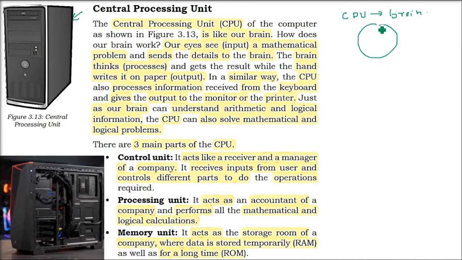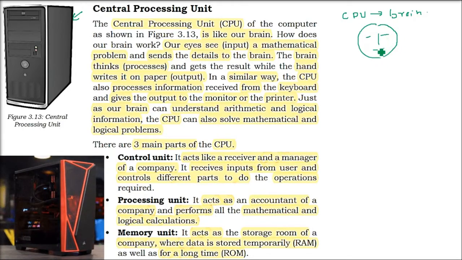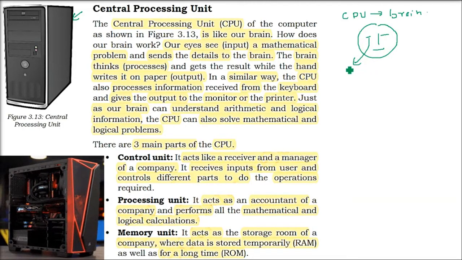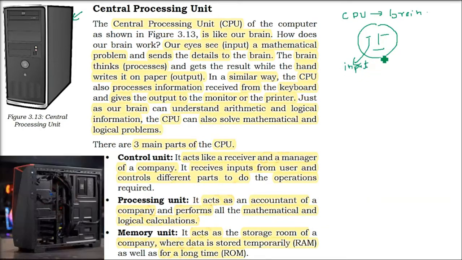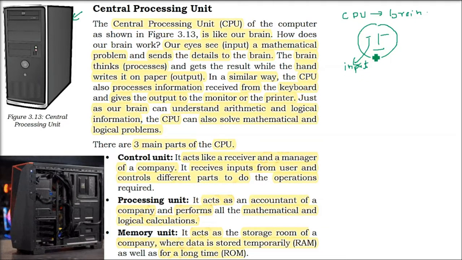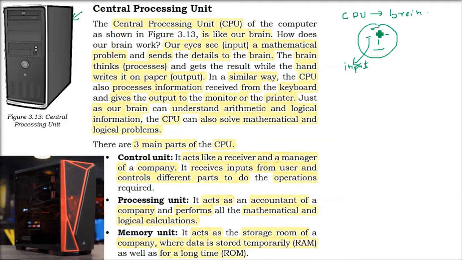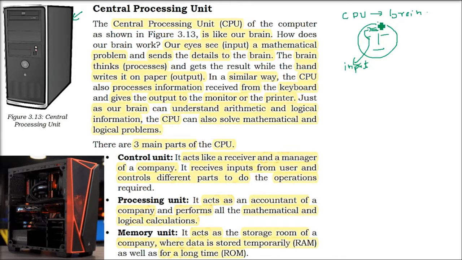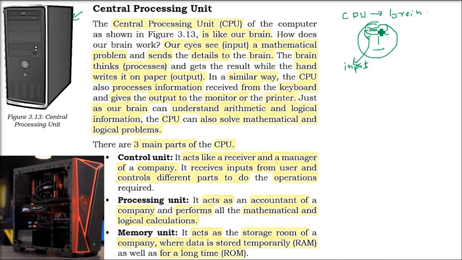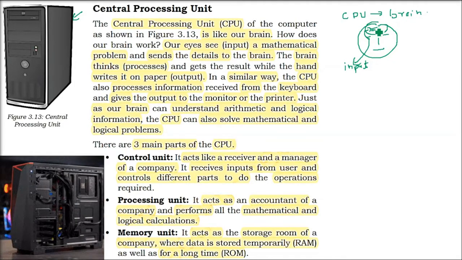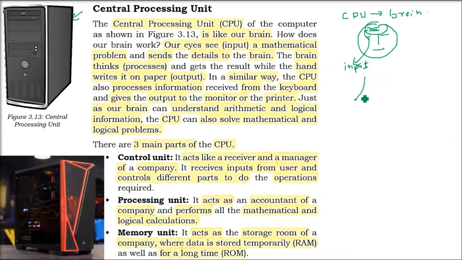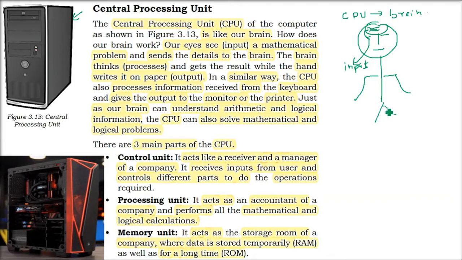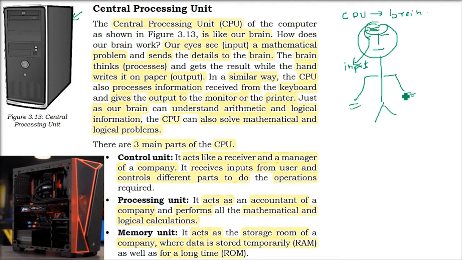How does the brain work? Take an example of a human being. We see through our eyes. You can call it an input. That input can be some command, it can be a mathematical problem, it can be a logical problem. Then the eye sends the details to the brain. When the brain gets the information, it processes. Process means thinks, or converts it into, or does the proper mathematical or any kind of computation it is expected to. And then what will your hand do?